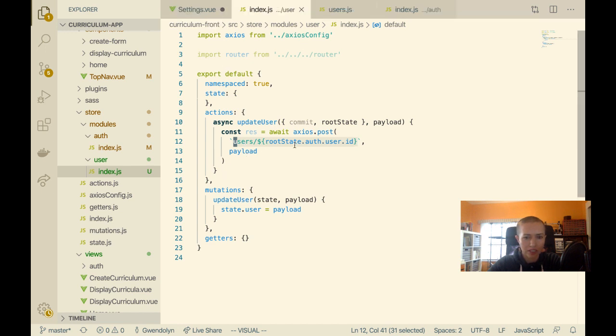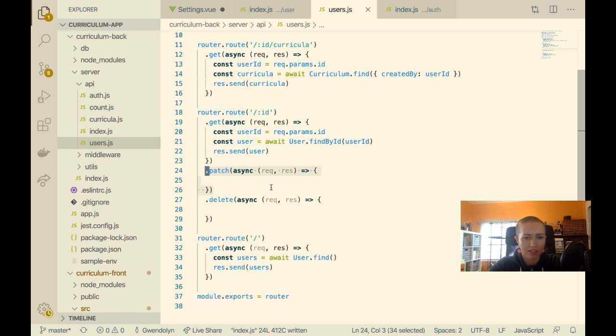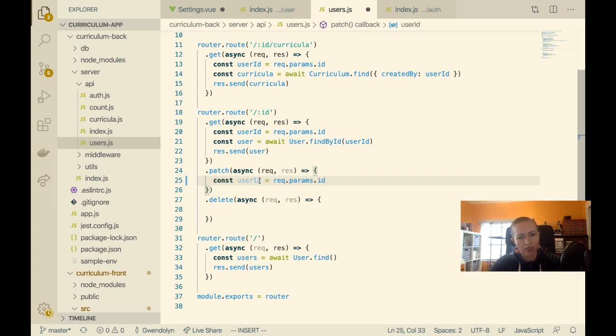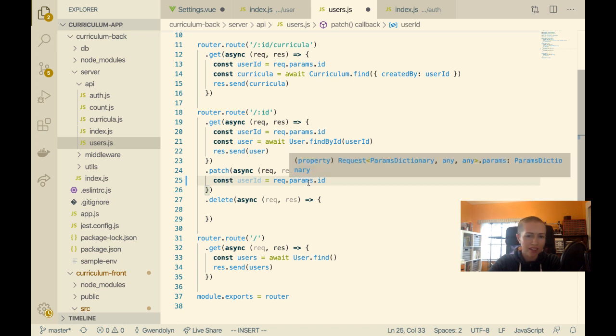So on the front end, oh yeah, patch. Let me do patch here because I'm updating the user. So in the back end now, let me do a patch request or set this up. So first of all, I'm getting the user ID from the path params, and then now from